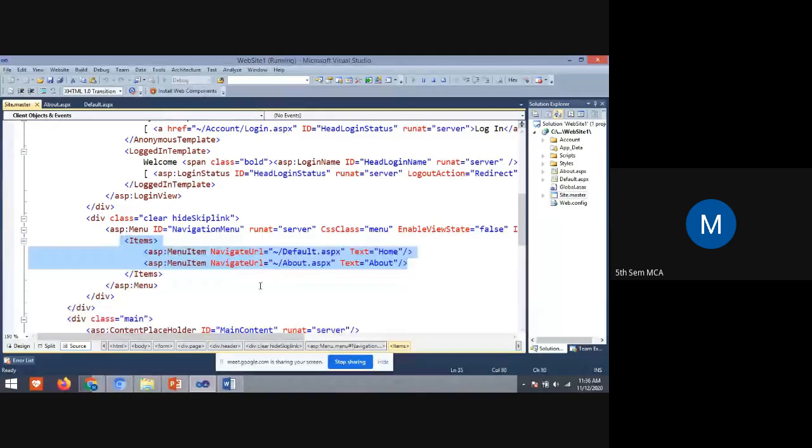They have taken the navigator: the URL for home is default.aspx. When I click on home, it will redirect to this page. When I click on about, it will redirect to the about.aspx file.